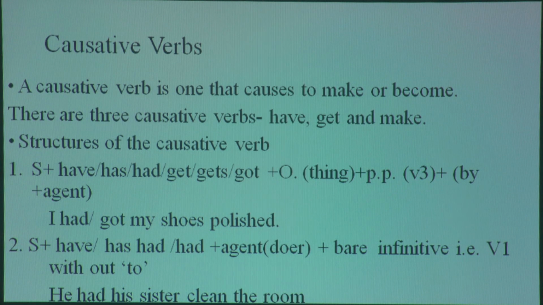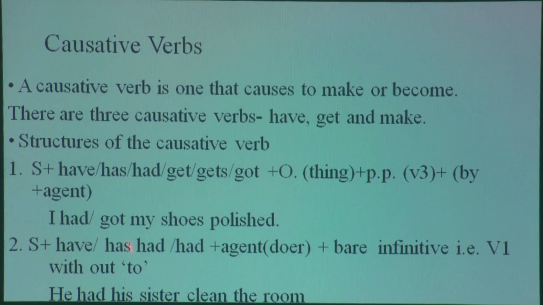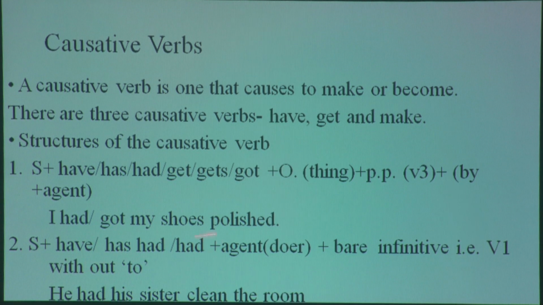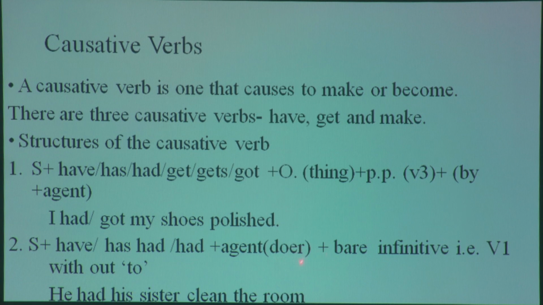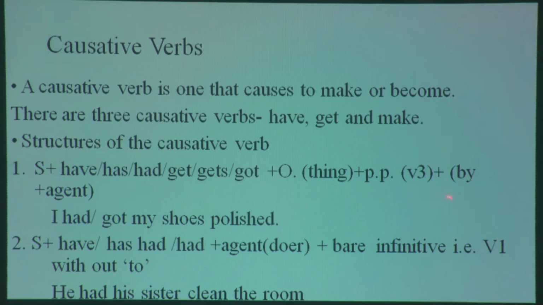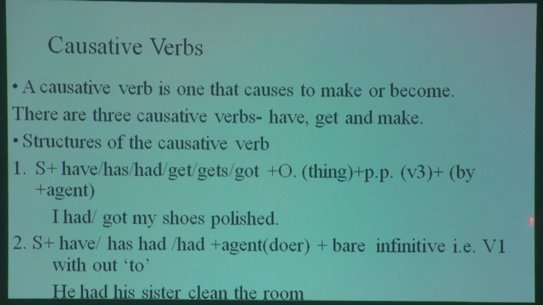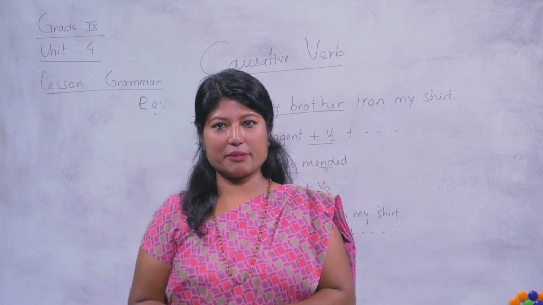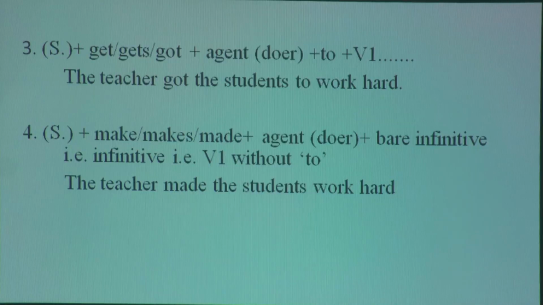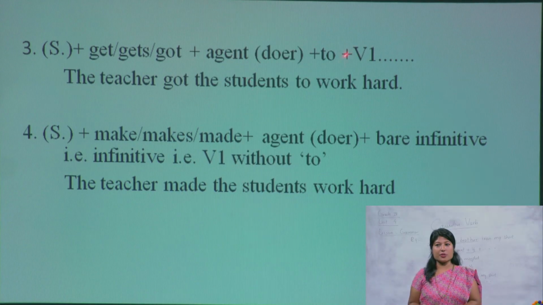Number 2, subject has, have, had, and when there is an agent, we use bare infinitive. Bare infinitive means verb 1, directly verb 1 without to, and then the example is he had his sister clean the room. Okay, similarly, number 3, subject get, gets, got, and when there is an agent, we use to plus verb 1,